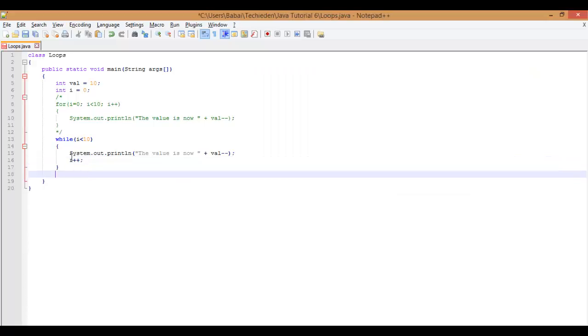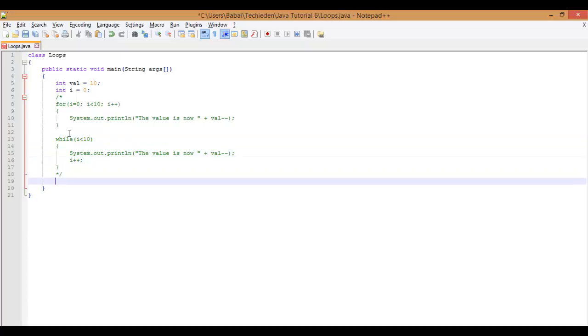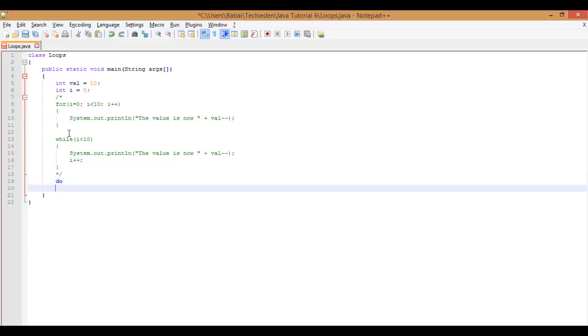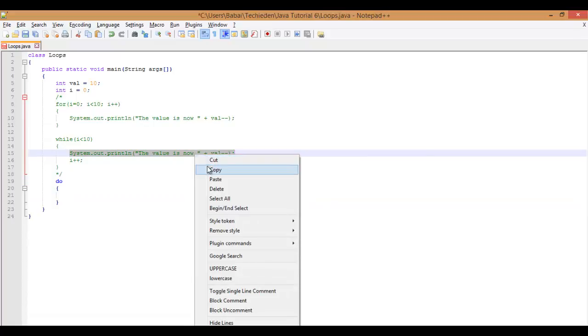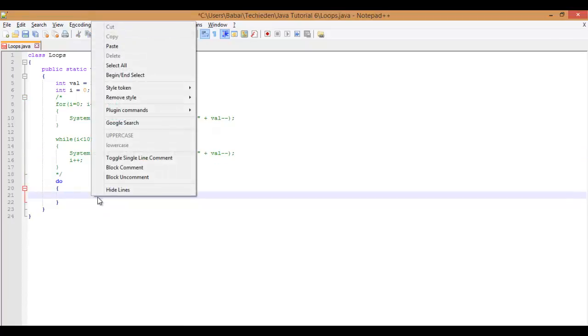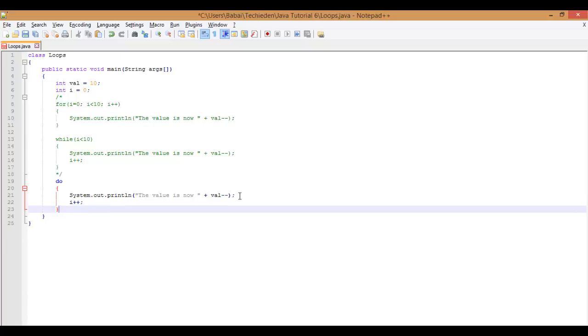Next I'll come to the do while loop. First I'll expand my comment section because these two are done. The do while loop is a bit different, a bit tricky. For the do while loop, first you have to write do and give brackets. You have to mention your statements right here. I copy this stuff and paste it right in here. After you paste this, you can increment as usual, like i++, and right at the end you have to declare your condition like while